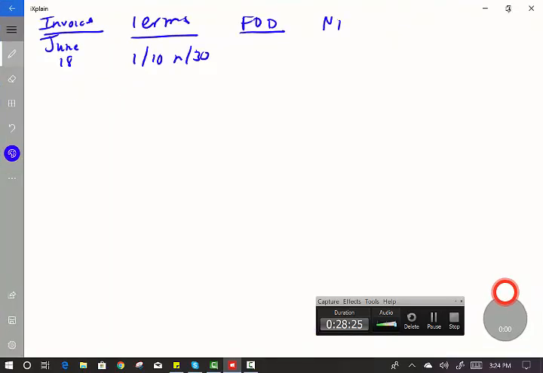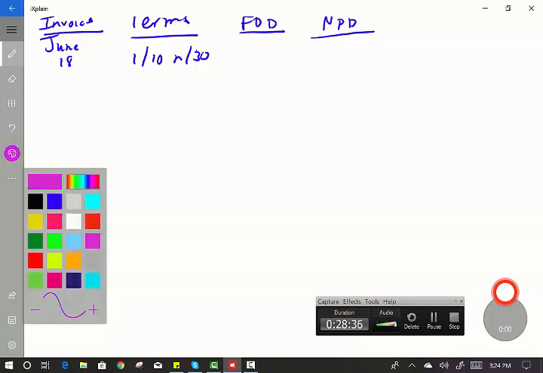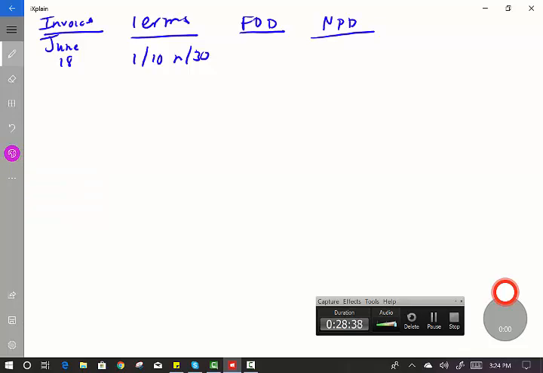Okay, so for this particular problem, change the ink a little bit, and this is the ordinary dating method. Remember, there are 4 methods: the ordinary dating method, the extra dating method, the end of the month or Proximo method, and then the date that the goods are received method. Since this is an ordinary format, I'm going to start with